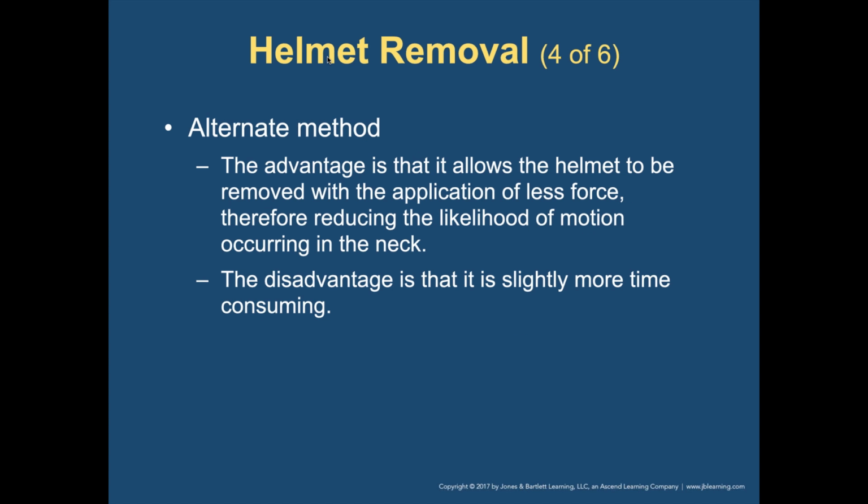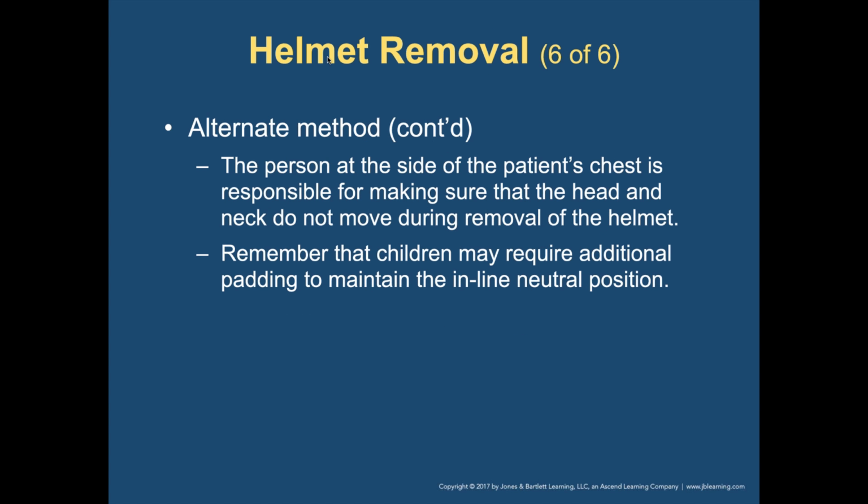And then for your alternate method, the advantage of this method is that it allows the helmet to be removed with the application of less force, thereby reducing the likelihood of motion occurring in the neck. The disadvantage is that it's slightly more time consuming. So you'll remove the chin strap, remove the face piece, pop the jaw pads out of place with a tongue depressor, place your fingers inside the helmet during removal of the helmet. The person at the side of the patient controls the head by holding the jaw with one hand